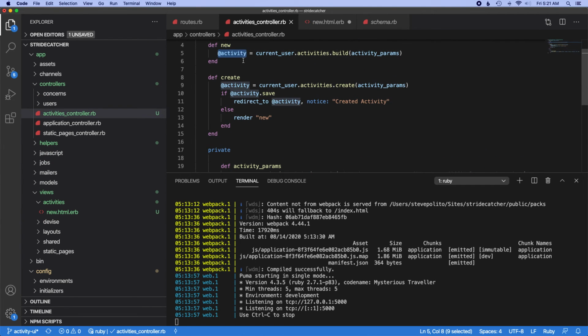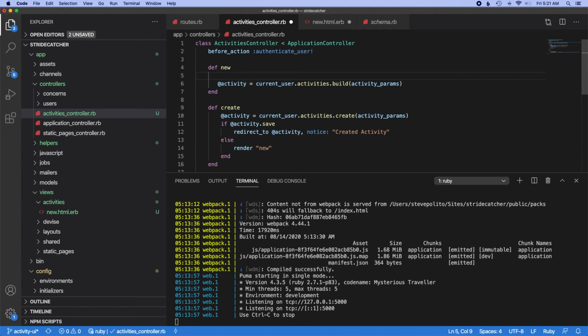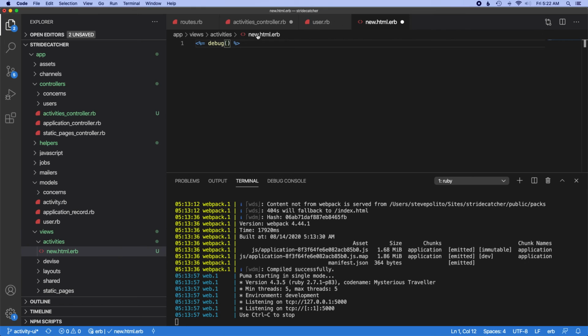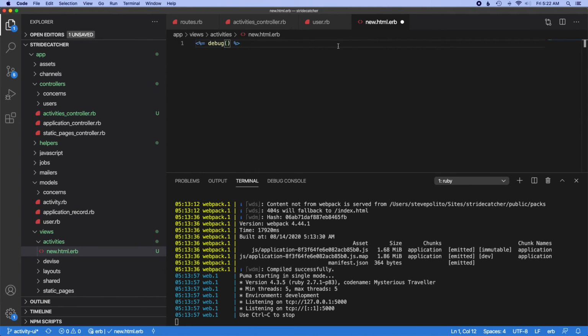So I'm actually going to just debug this, because within this method we instantiate a new activity built off the current user, which I should also say, you could do activity equals activity.new, and then you do user, current user, and then you could put these params in there too. But this is the convention when you have an association. The model that has many of something is able to do whatever it has many of, so the plural version of that. So a user has many activities, and then you get this build or create method off of that. So that's where I'm getting that from. And let's just debug the activity, put that here,